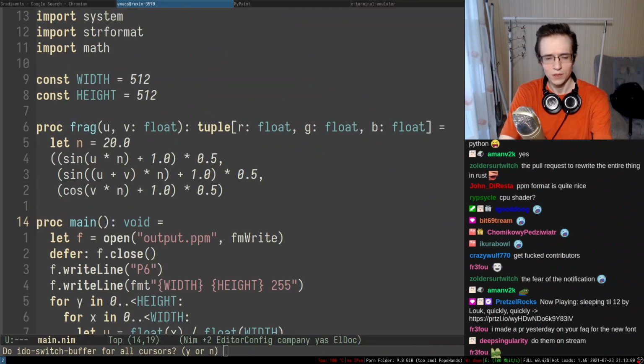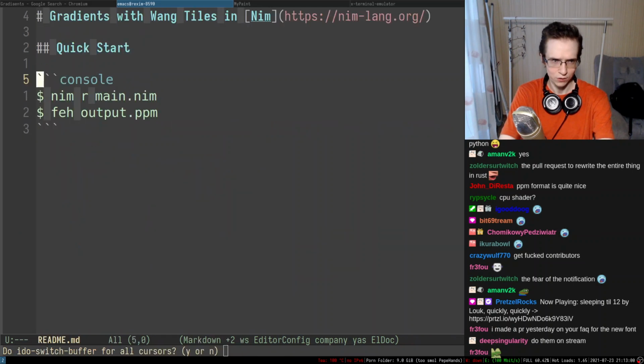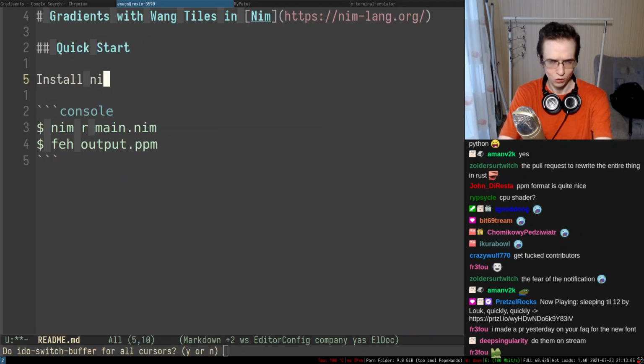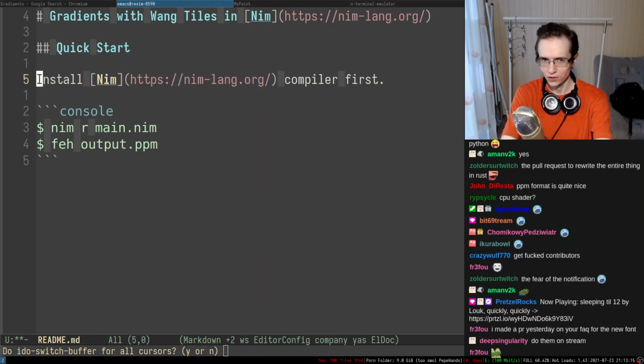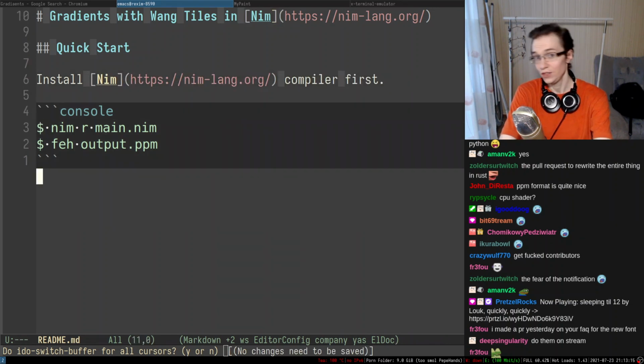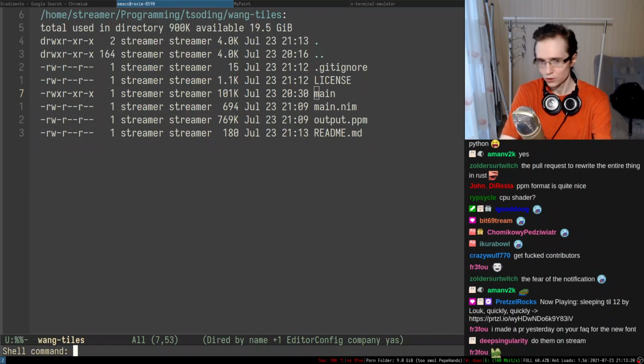Also maybe we're going to say that you have to install the Nim compiler first, right? So HTTPS, and there we go. And here's the entire instruction, nothing particularly special.